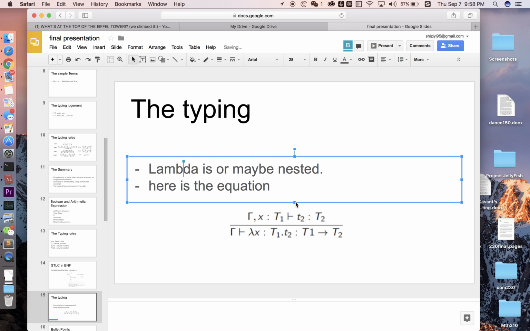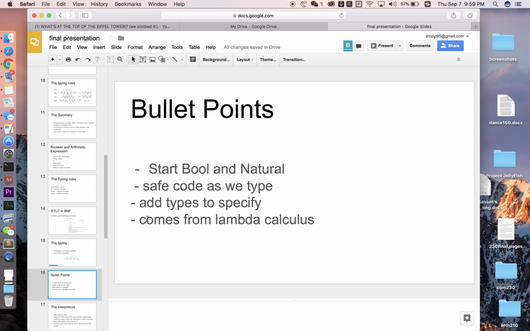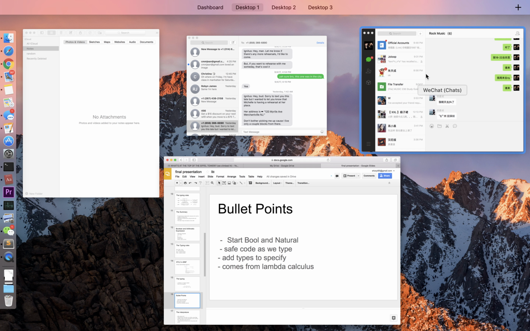The lambda is, or may be, nested. The rule is: if x has type T1, then the body has type T2. And if lambda x : T1 . t has type T1 to T2, then the term is going to be T2. I don't know if